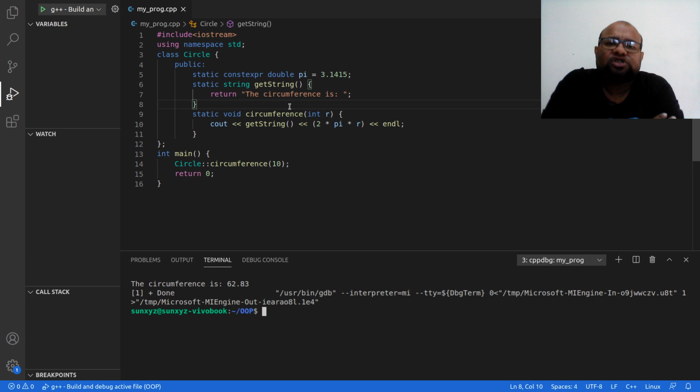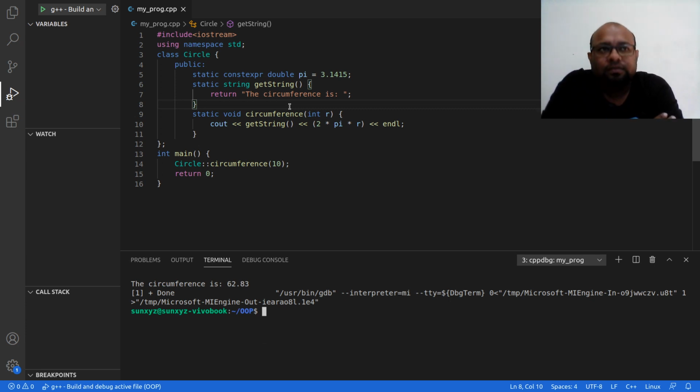Now this is all about static. We have seen basically 4 different things in this video. We saw how static primitive data types work inside a function. Then we saw how a static class object works inside a function.